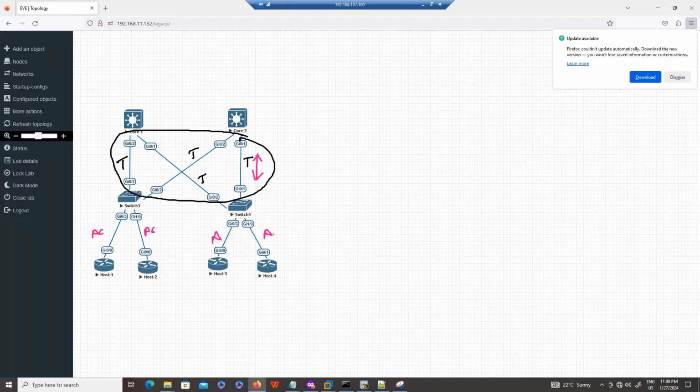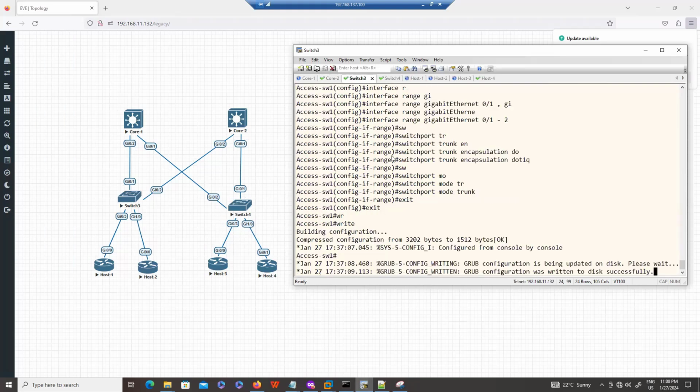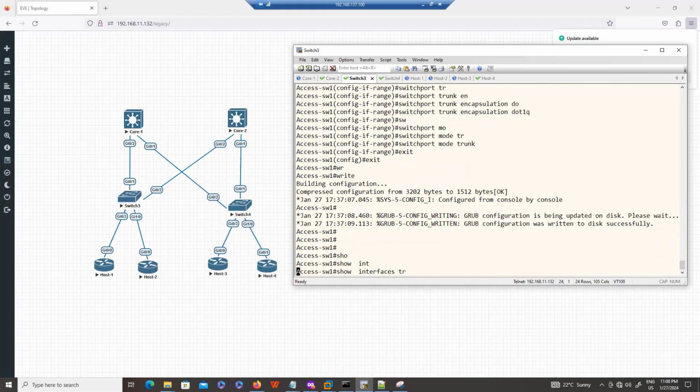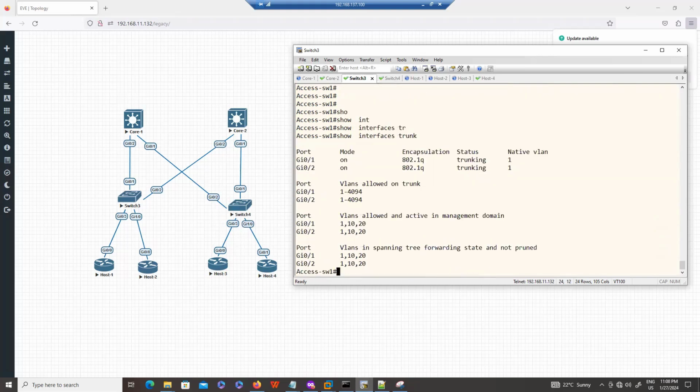Let's say if you go to any switch, so switch 3, show interface trunk. Guys, here you will see which ports are working as trunk ports. You need to understand this output. First, you see these two ports working as trunk ports. And this is my trunking protocol.